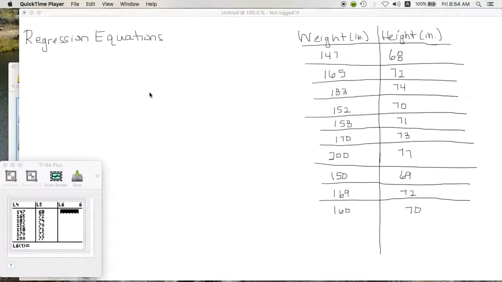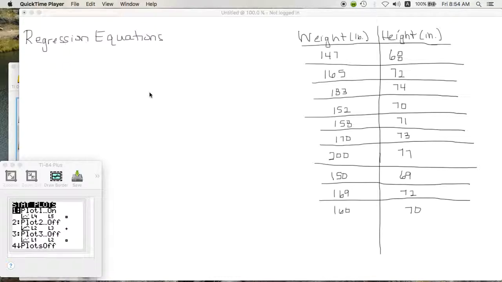So if you put in your calculator, I put mine in lists 4 and 5. You can put them in whichever list you want, but just put all this data into your calculator. I assume you know how to do that. You go to Stat and go to Edit and put it in your list. And then what we want to do is plot it. So we'll go to Stat Plot,